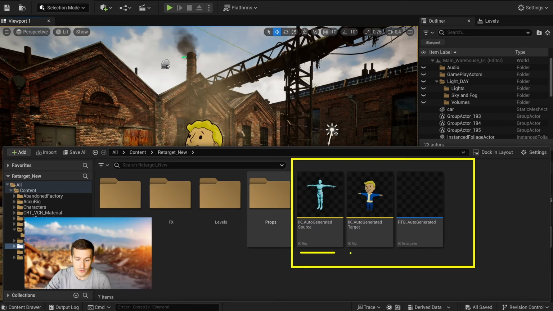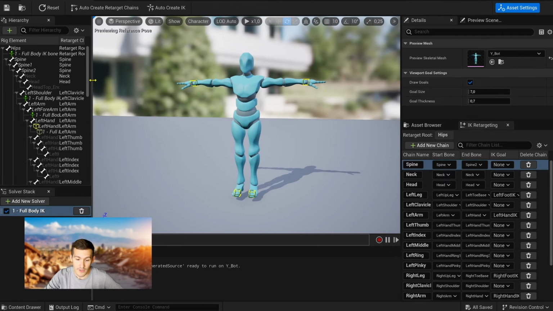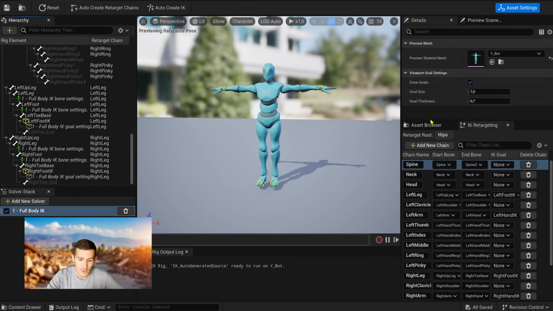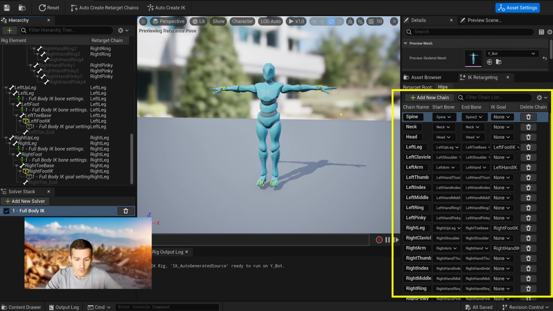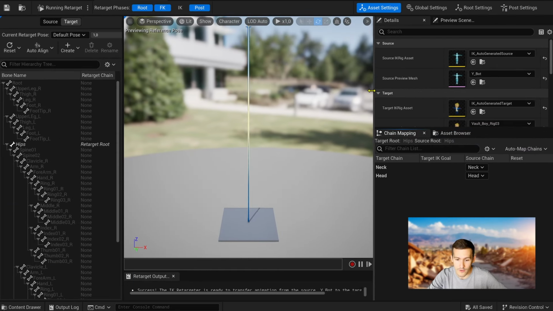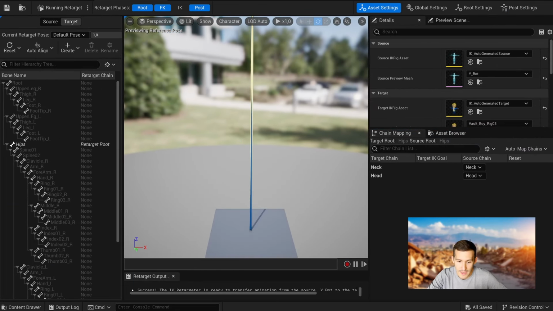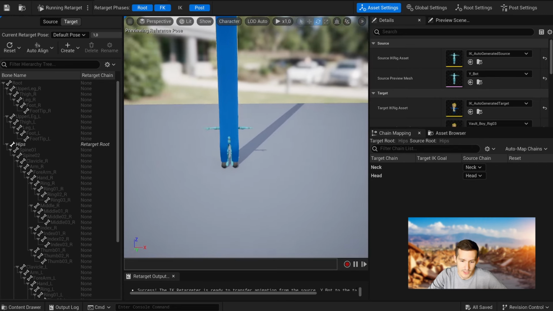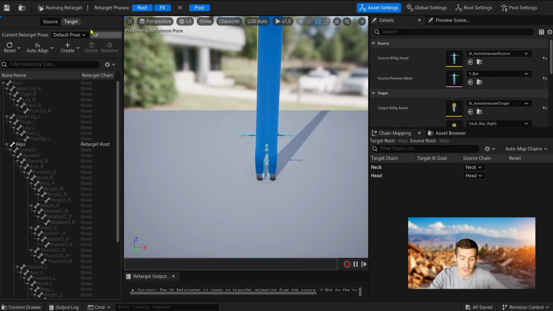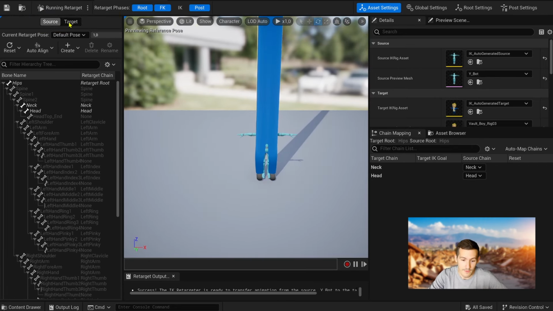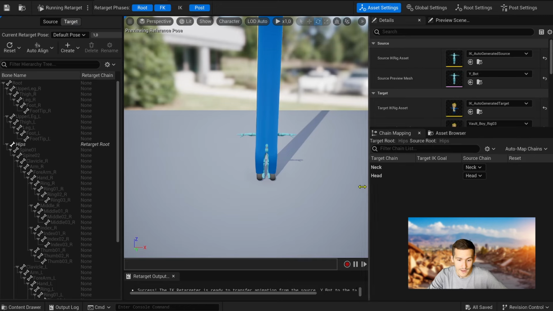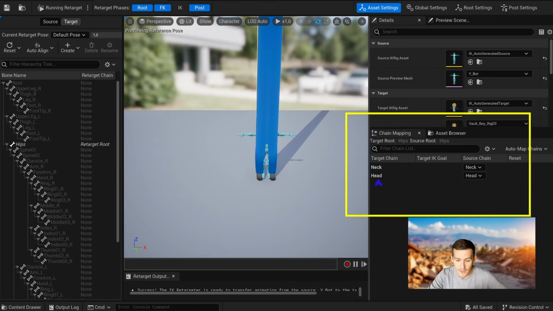The IK of the source skeleton presenting everything we need, from the definition of the retarget routes to all the well-defined and set up retarget chains through the IK goals and solvers. Just that, we saved a lot of time. The IK retargeter will present us with the 2 IK assets, gather them, and try to match the 2 sets of retarget chains of each skeleton, source and target, and we can adjust them to our liking via the IK goal. Here, as you can see, at the level of our target skeleton, not everything was detected, and that's why we have these weird results.